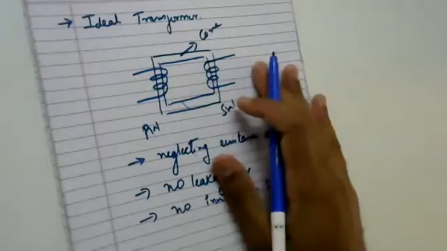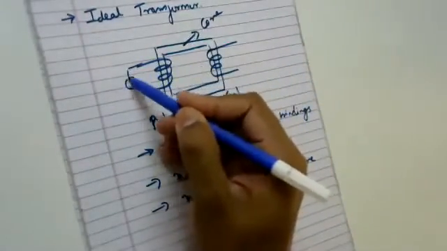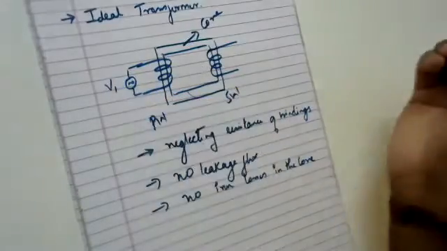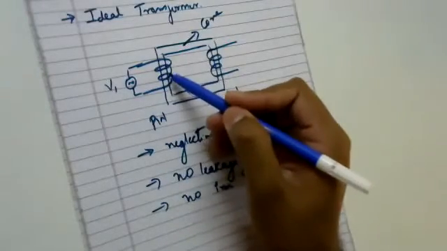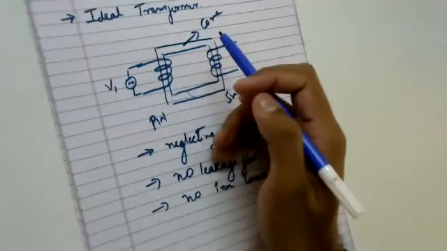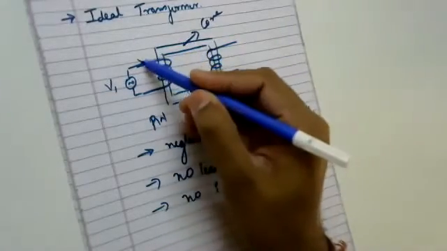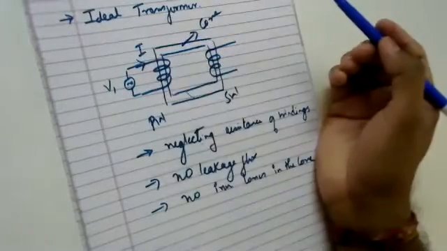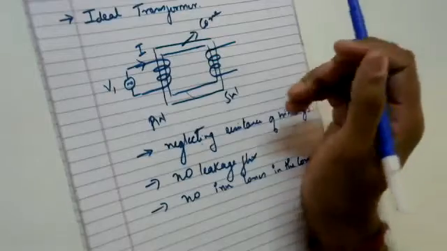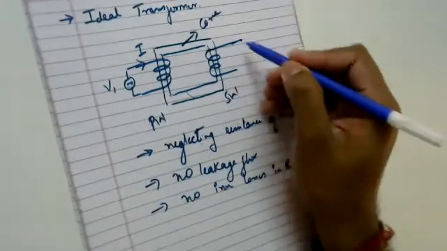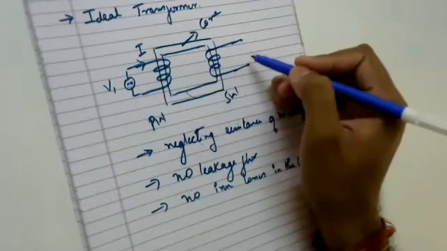Now, what we'll do here is excite the primary winding with the help of an AC voltage source. Let me say this is my voltage source V1. When this V1 is applied on the primary side, since this part of the circuit is a closed circuit, there will be some current flowing through it. And second, we are keeping our secondary side open. We are not applying any load.